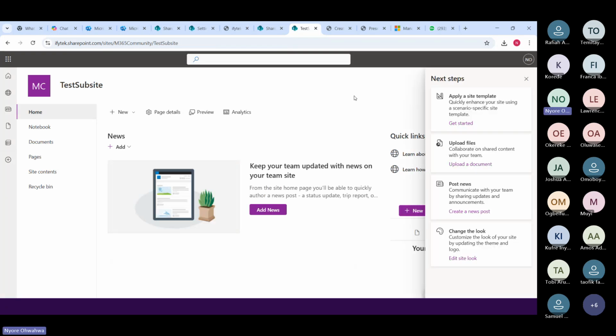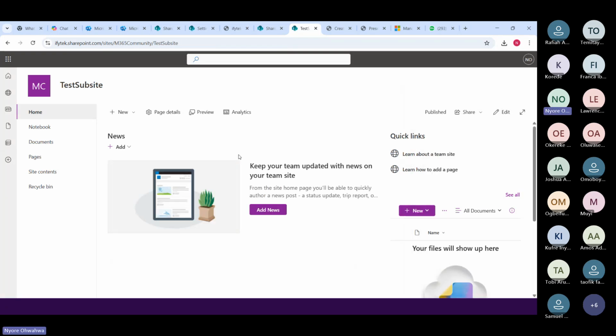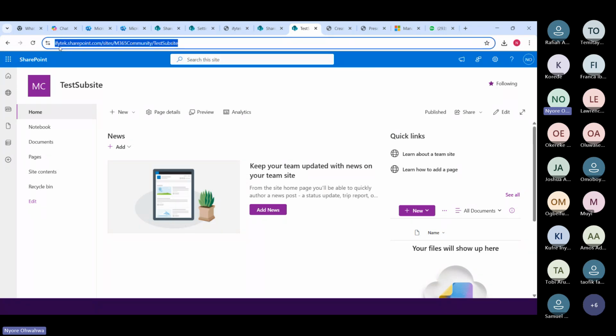So you can see this is a child site of the parent site that we have created. And if you look at the URL, you would see that it is created under the M365 community site that we just created.